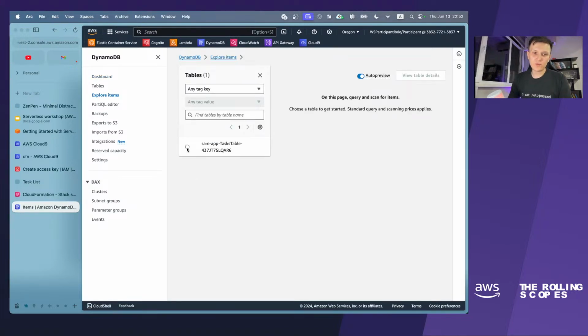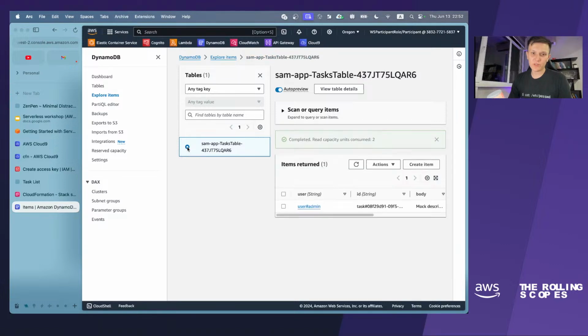And we can choose the DynamoDB table, which is created by SAM, and here we have the user entity, which is user-admin. As I said, this is task.